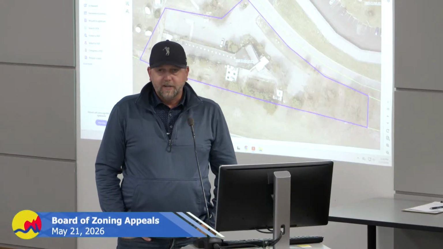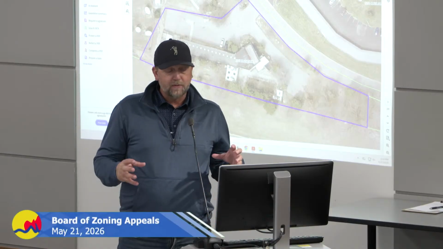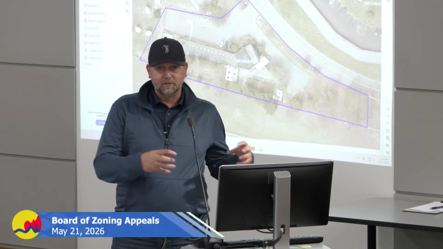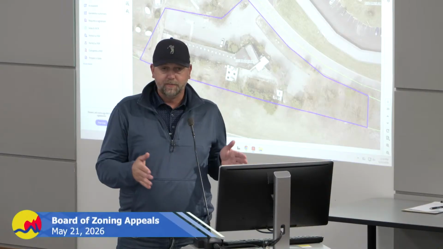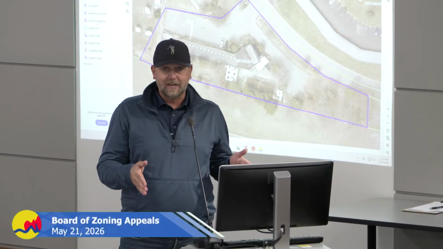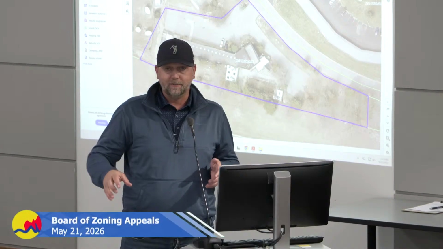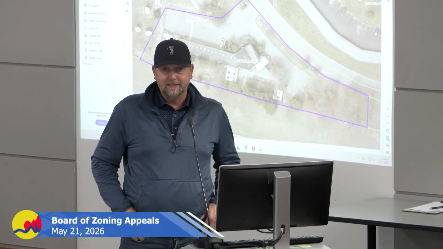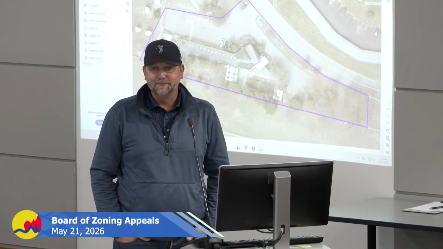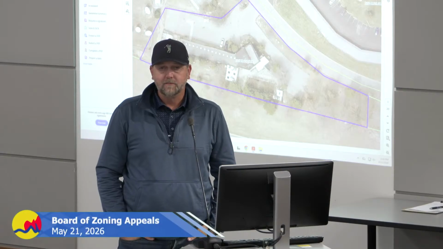I haven't talked with staff, but I talked with my engineers, and I've been using Fishbeck on that, and they don't see how we can move that building to the front and still get the required parking. The building fits well with the existing structure as it is now, and then you can kind of fill the rest of that property. And because of its unique shape, it's not as easy as just moving them around. Okay. I think that's all I have for right now. Anybody else have questions?